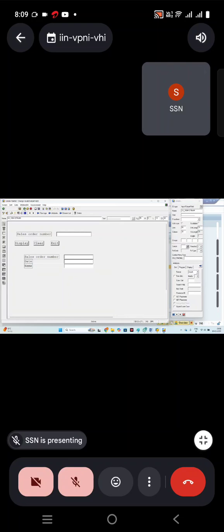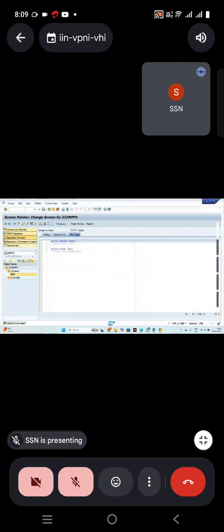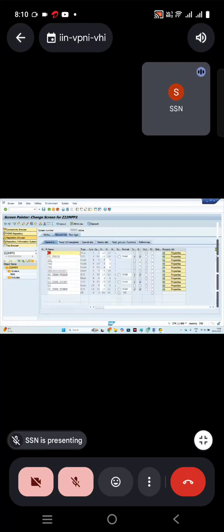Activate it and then come back, right click and activate the program. Now we are just going to write the code for that. Designing is done. You can see in the elements list whatever I designed, it's going to display. Clear?